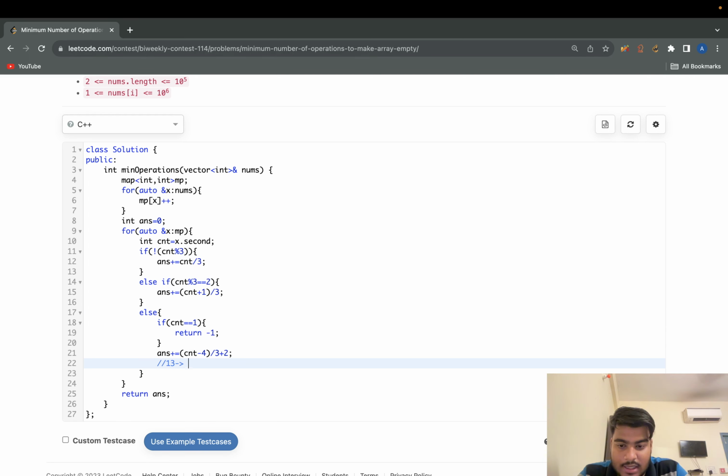Initially you did an operation of -3 which led to 10, then again -3 which led to 7, then again -3 which led to 4. Now do -2 which led to 2, then -2 which led to 0. So here the base case is actually 4. Every number that has a remainder of 1 when divided by 3 can be reduced to 4 by just subtracting groups of 3 from it, and then when it becomes 4